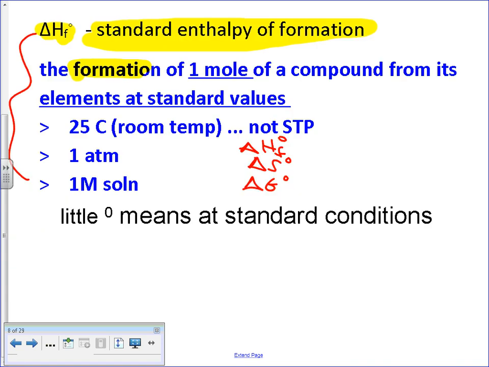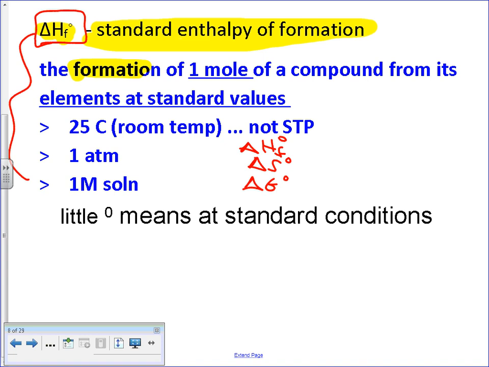So things that are written at standard conditions are calculations that are done at standard conditions. The way we denote it, so everybody knows, is we put that little knot at the top. It's this little degree symbol basically. So if I say delta H formation knot, it means at standard conditions. And those standard conditions are just experimental conditions that ensure that all of our calculations are equivalent across